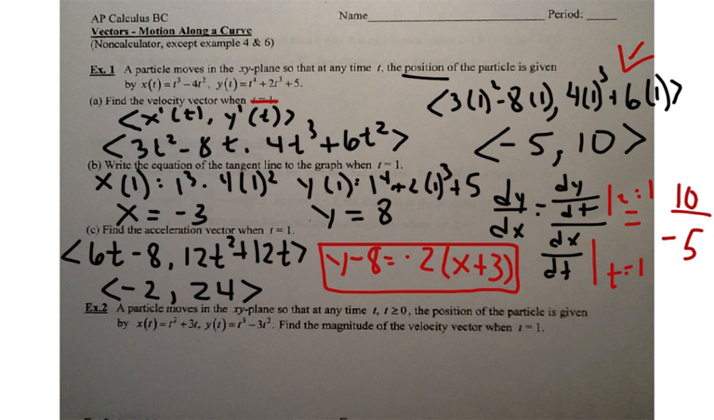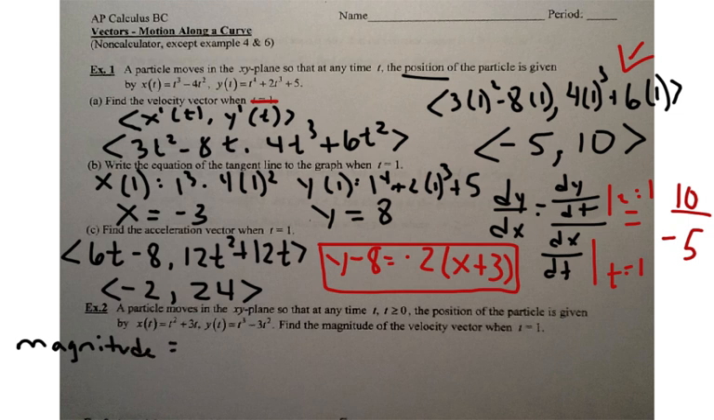Alright, example 2. A particle moves in the xy plane so that at any time t, where t is greater than or equal to 0, the position of the particle is given by, and we have an x of t and a y of t equation. Find the magnitude of the velocity vector when t equals 1. Okay, so we're going to need to use the magnitude formula,